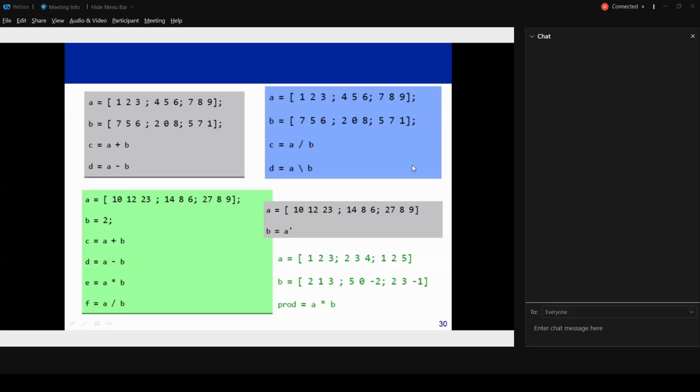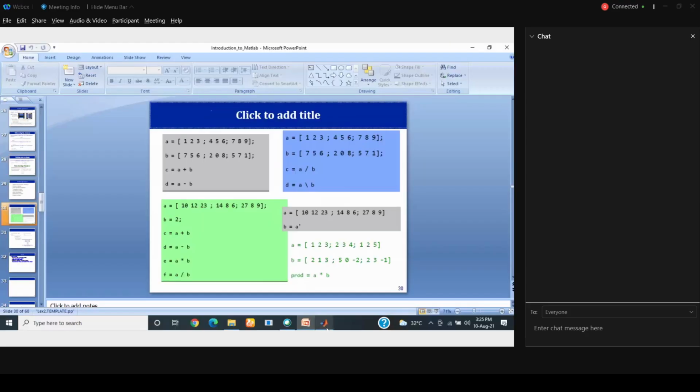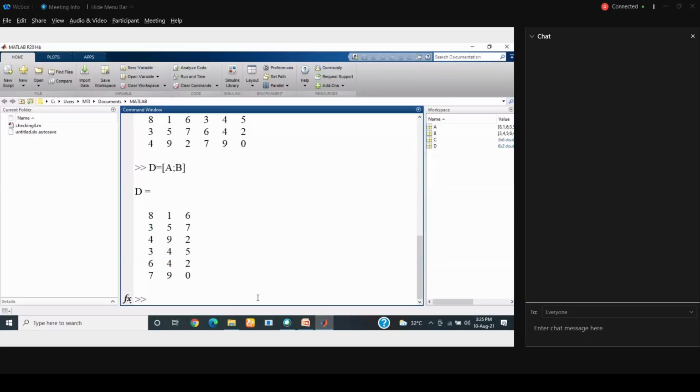Hello, sir. Can we eliminate more than one row at a single time? Good question. You can try this. So let's say T of 2 to 3, all the columns is equal to null.